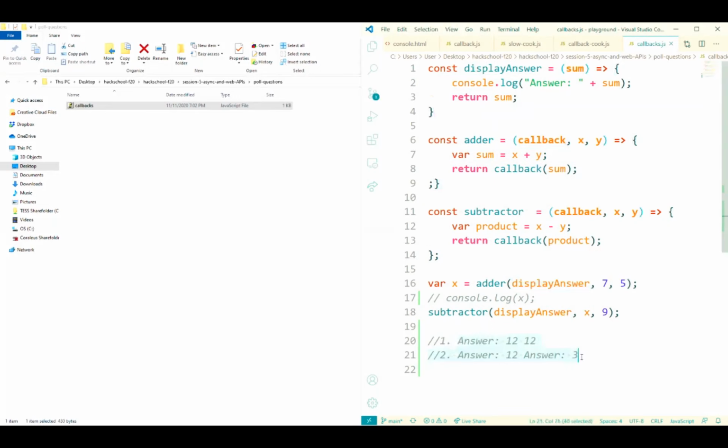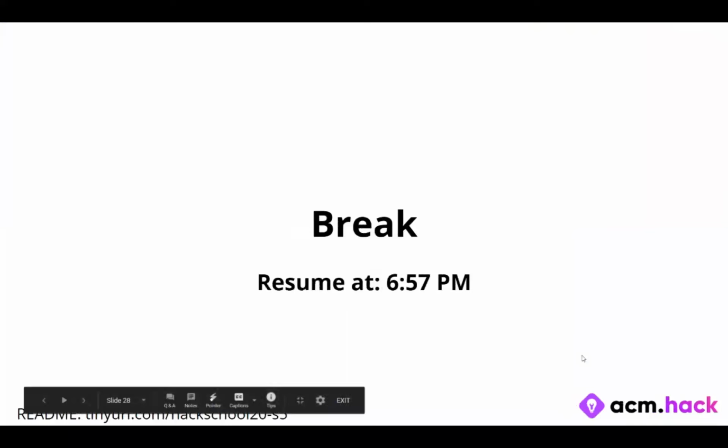It's okay if you don't get it. As I said, callbacks, and we'll be getting into promises later. They're really the very important aspects of asynchronous JavaScript. So you'll see it more and more, and as you see it more and more, you'll get more used to it. So it is okay.